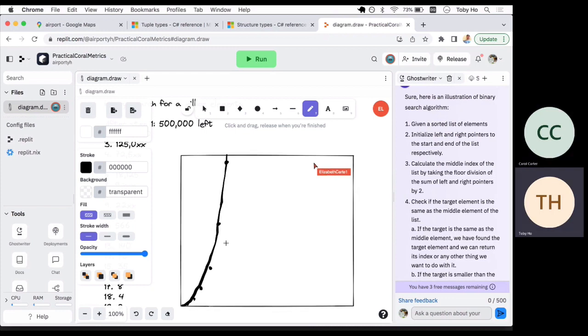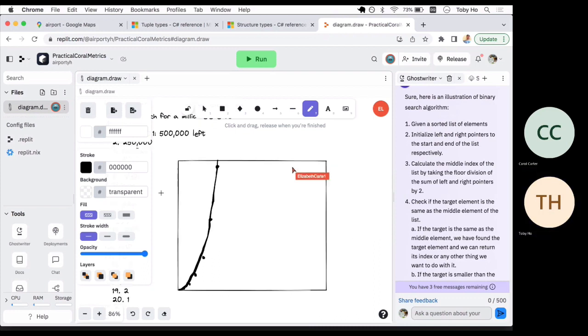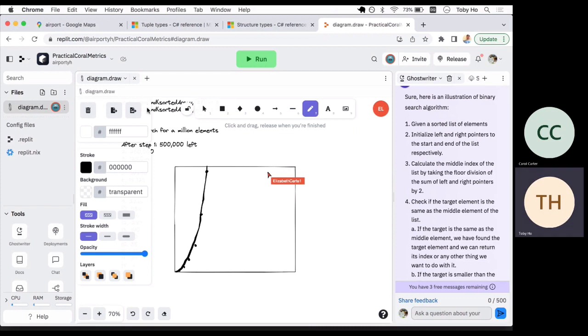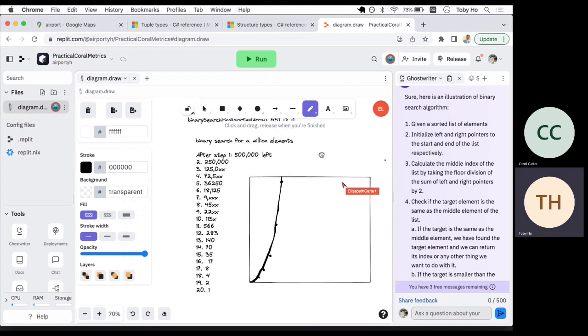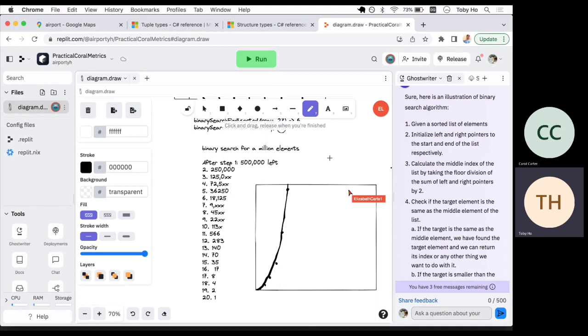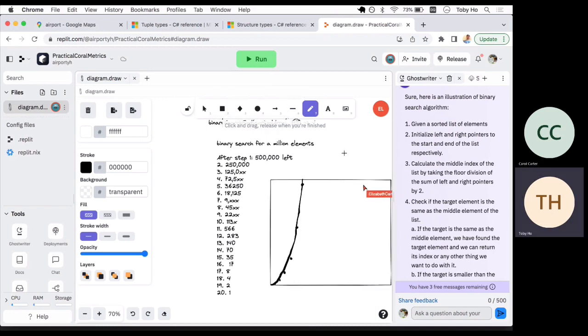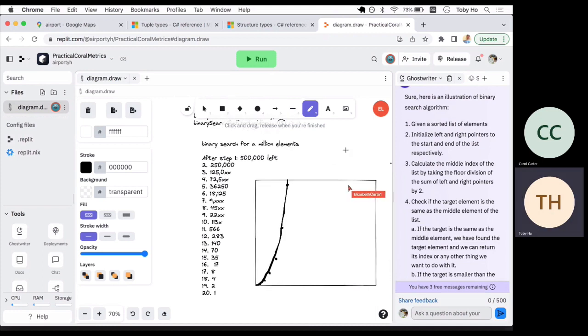Therefore, it's exponential. But actually, exponential would be very bad for a big O, and that's not what we have, because it's exponential, but